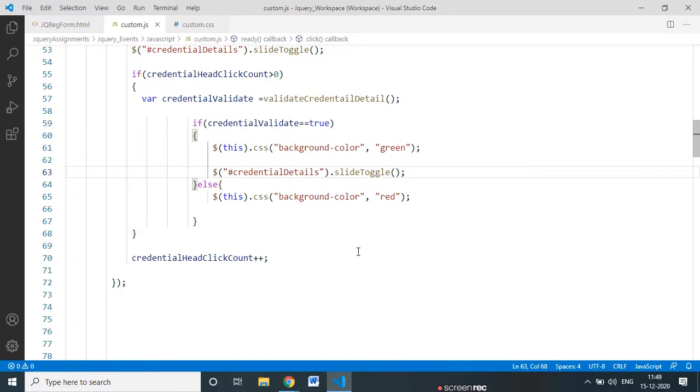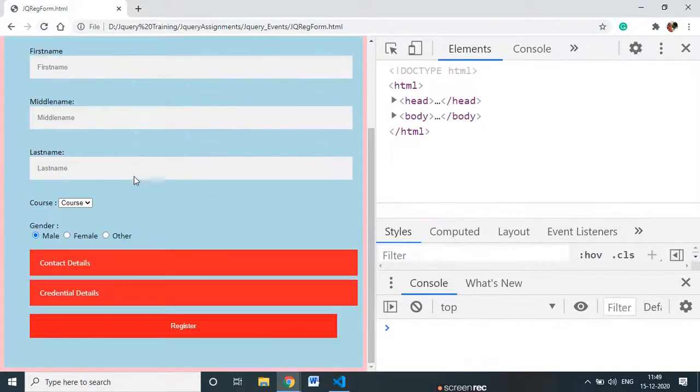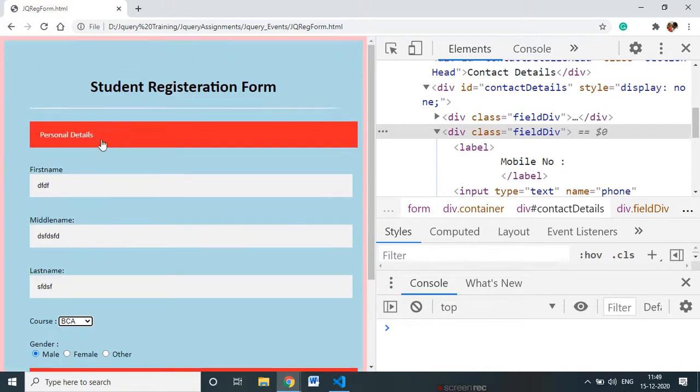Now it will use the credential click count, then again I will go and validate. So here I enter this.